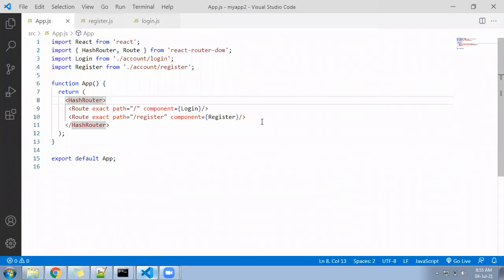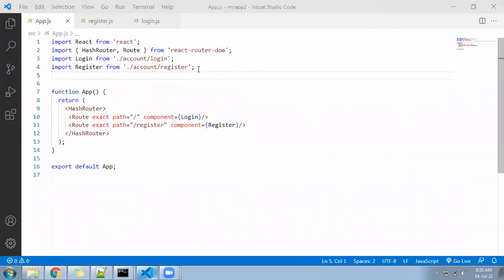Now at this place, we need to apply the condition. I will check whether we can apply the condition inside or not. If we can apply the condition inside, then it will work. If unable to apply, then we'll do something else. Just wait for 1 minute. I'll create a constant, const something test equal to